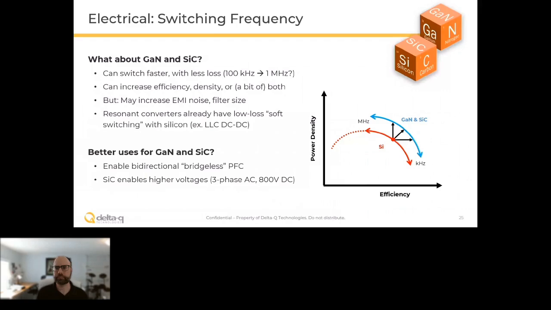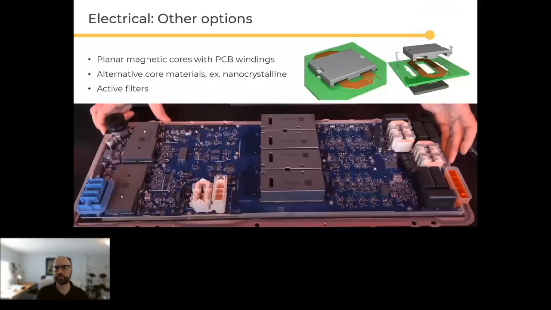There are other things that you can do from an electrical point of view. One which gets some attention is using planar magnetics. As an example, what you're seeing in the top right is sort of how that works. So having a rectangular core, but rather than winding wire around a bobbin, you actually have spiral windings that are part of the PCB, PCB traces. There are some definite trade-offs here, but there can be some benefits, not just on power density, but also on the